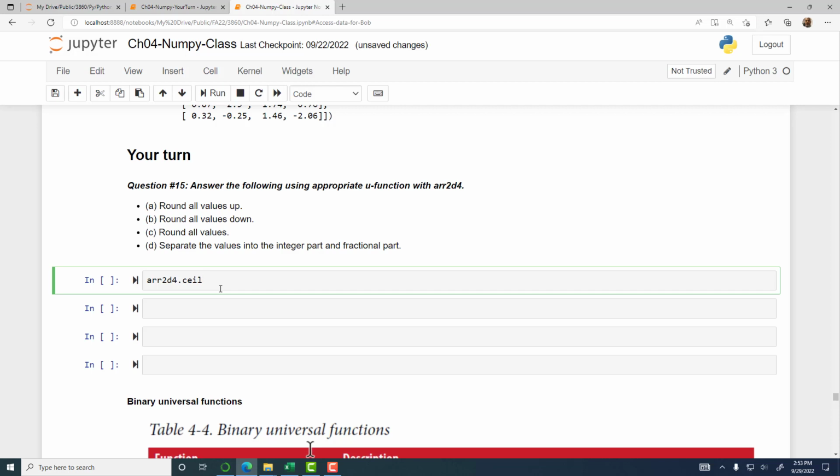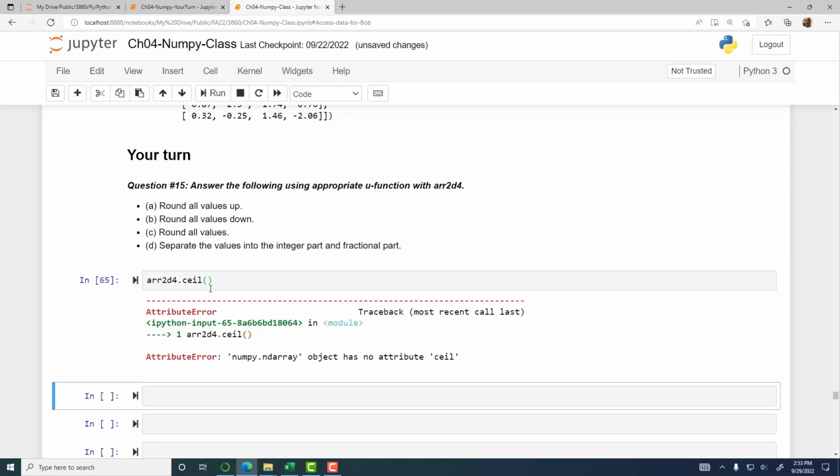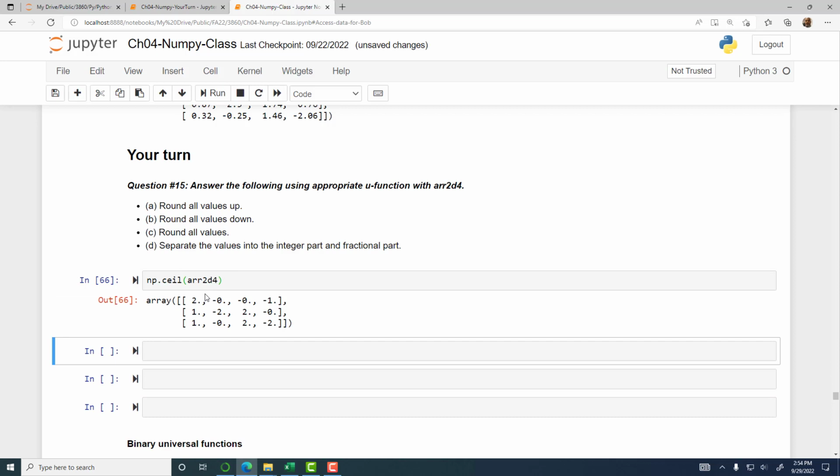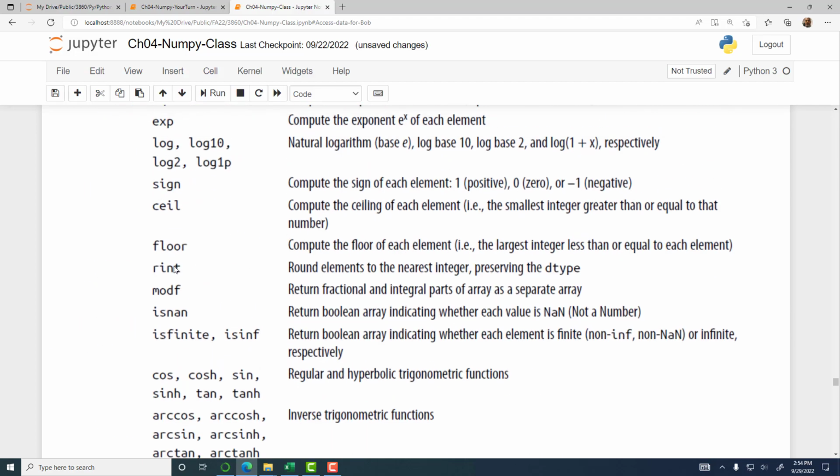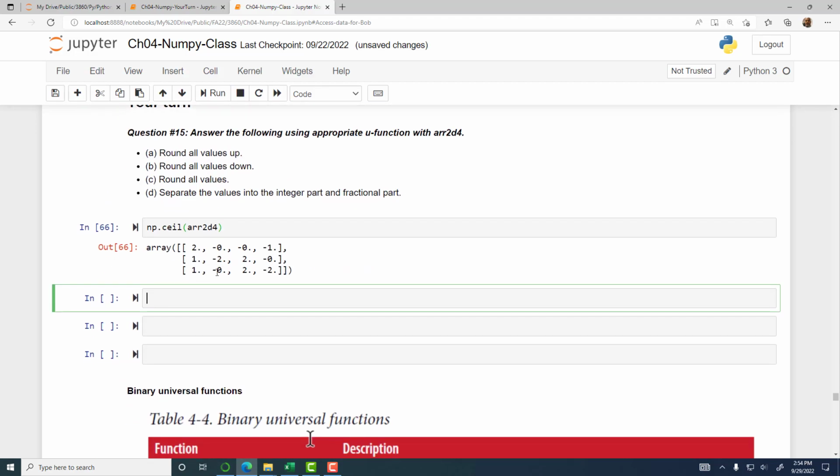which is, no, I need to put it differently. Okay, so this should go like that. np.ceil. So it's going to round everything up. So that's A. Round all values down is floor. So if you do np.floor and arr2d4,